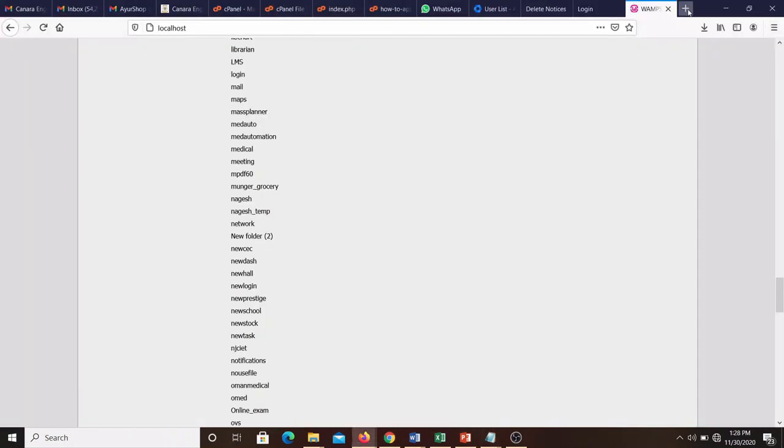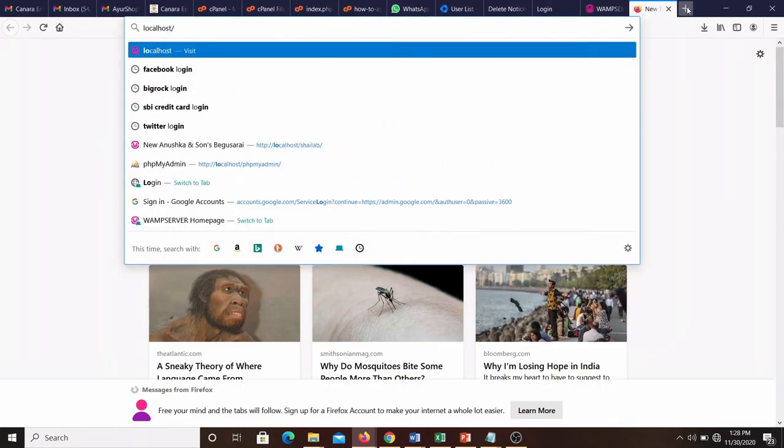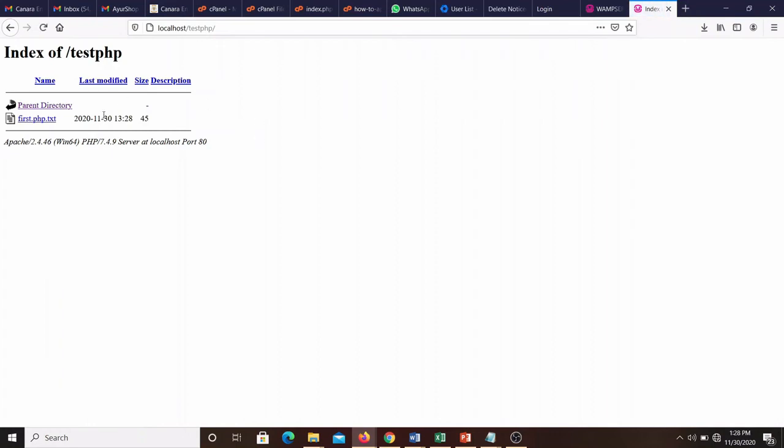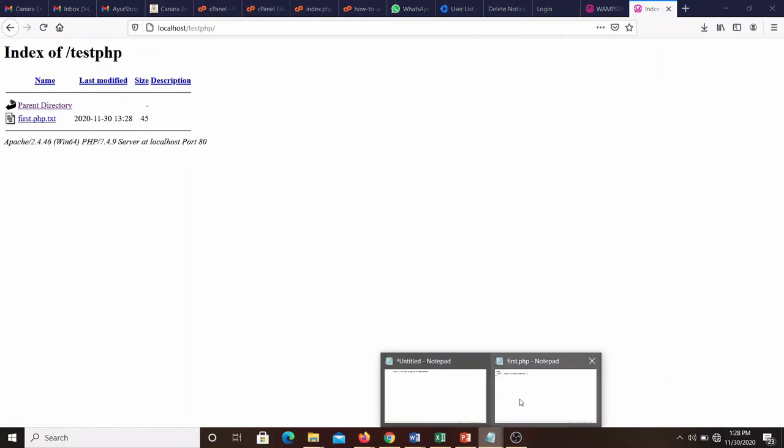Now if you want to run the file, I can write localhost/test php, then I can see my file. You see, a mistake happened here. I did not use the double quote while saving the file, so it took the extension .php.txt. This is the problem of Notepad.